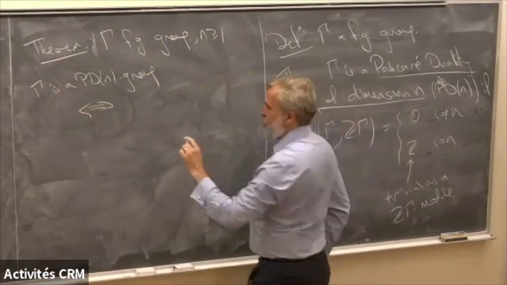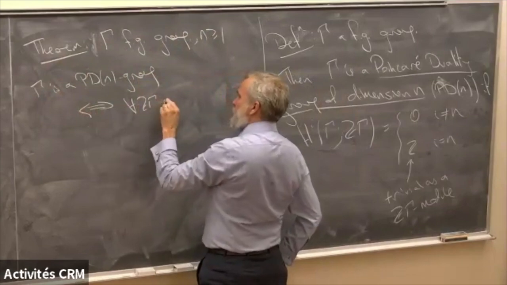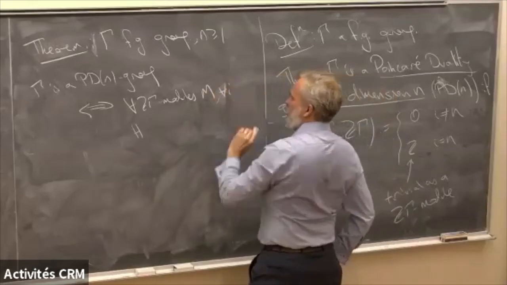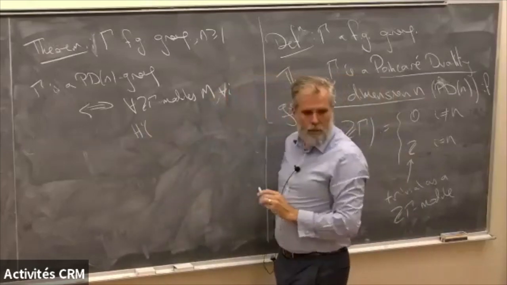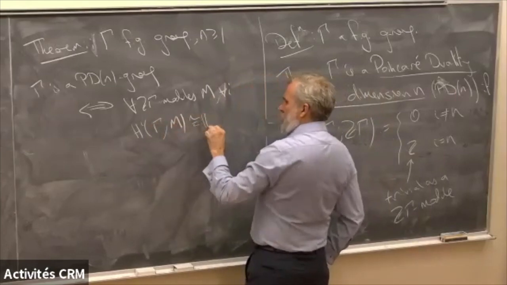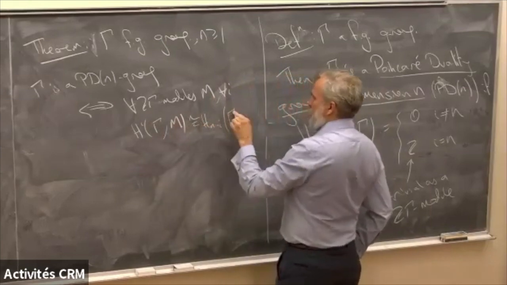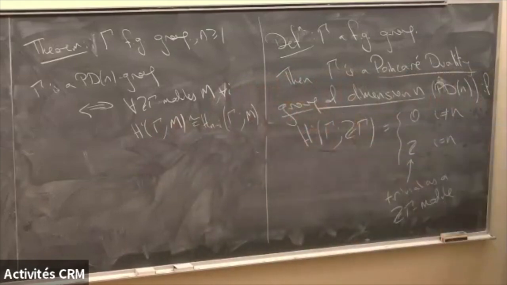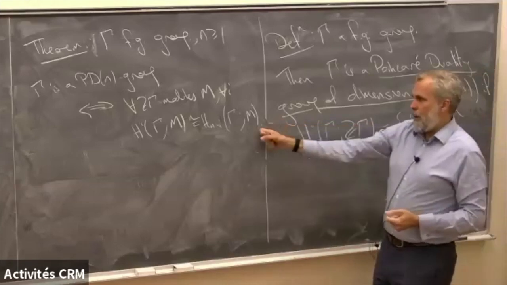If and only if, so now we need for all Z gamma modules M, there is an isomorphism for all I between the I-th cohomology of gamma with coefficients in M and the N minus I homology with coefficients in M. So this is actually a true statement, to hark back to Shelley's question. It is also true that there is a class in the nth homology that is the fundamental class, and capping with that fundamental class algebraically induces this isomorphism, and that's a consequence.